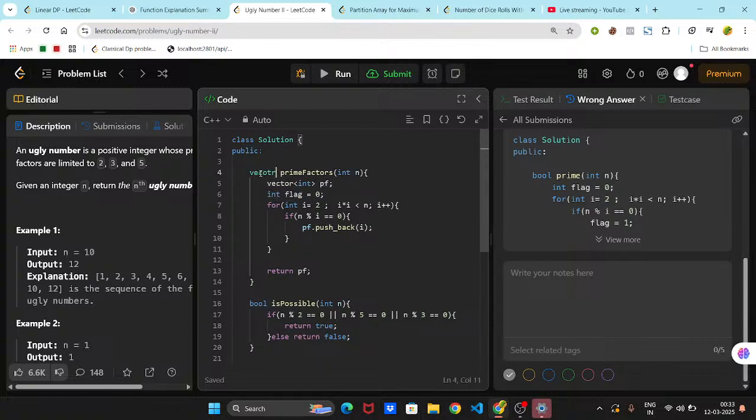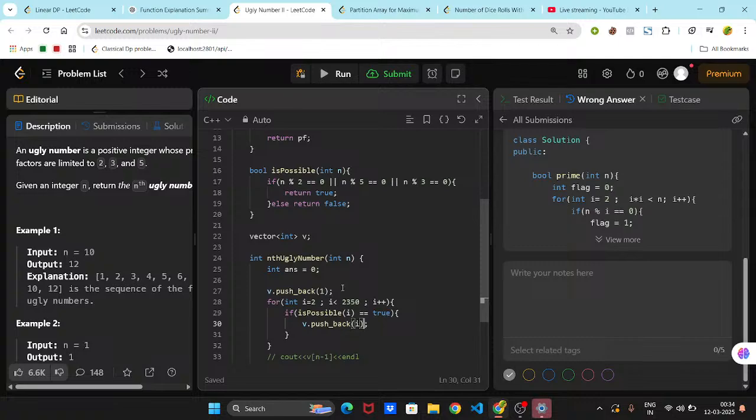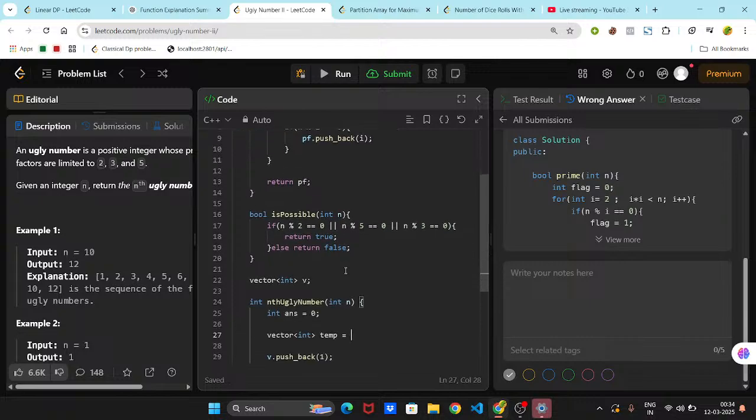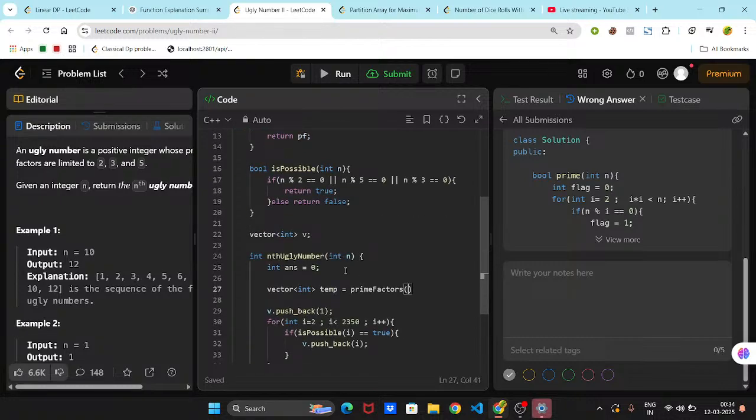और यहाँ पे मैं वेक्टर फंक्शन बना लेता हूँ, vector<int> primeFactors। यहाँ से मैंने pf को रिटर्न कर दिया। अब अगर मैं फॉर टेस्टिंग पर्पस एक vector<int> temp लेता हूँ, जिसमें प्राइम फैक्टर्स वाले फंक्शन को कॉल करता हूँ। प्राइम फैक्टर्स में मुझे n की वैल्यू पास करनी है। लेट्स से मेरा n 6 है, तो यहाँ पे मैं cout करता हूँ for int i = 0, i < temp.size(), i++, cout temp[i]।